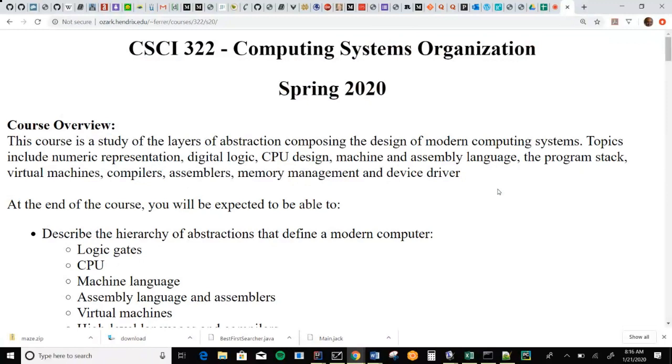So by the end of this course, anytime you're programming, you should be able to construct a mental model of what the underlying physical machine is doing for every line of code you write in essentially any language. That's what we're going for this semester. That's the goal. To get there is going to require a lot of hard work. It's worthwhile. The payoff is going to be enormous, but be ready to put some serious time into this class.